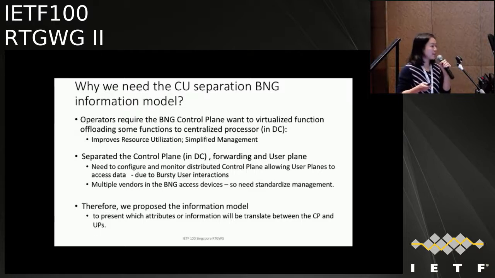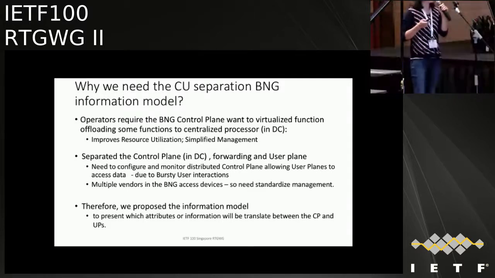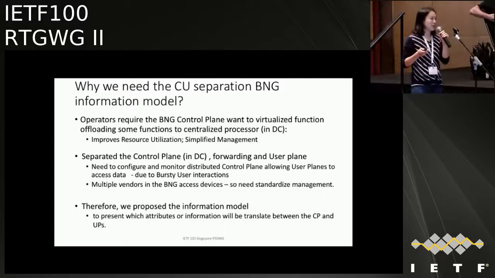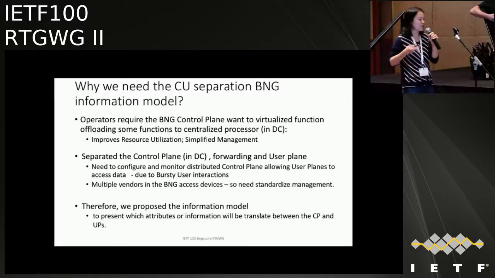When we're talking about the BNG device with the control plane and user plane separation, we mean that the BNG control plane focuses on the information management, such as the user's information and resource information, which can be distributed, centralized, and virtualized. While when we're talking about the BNG's forwarding or user plane, we think that it includes the forwarding and the routing modules they keep in the traditional BNG device.